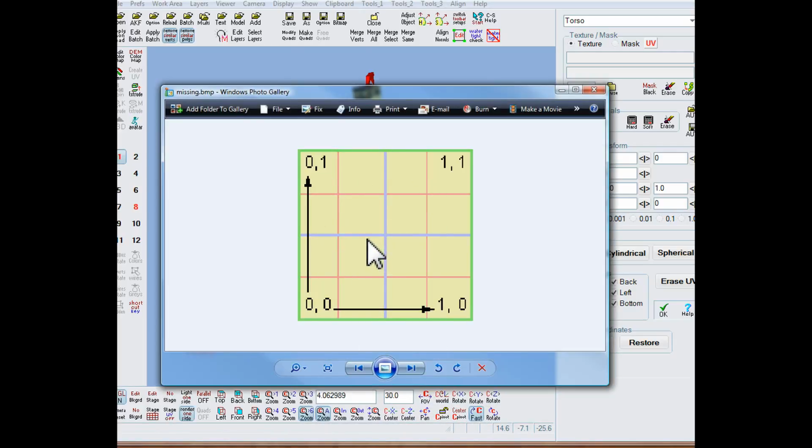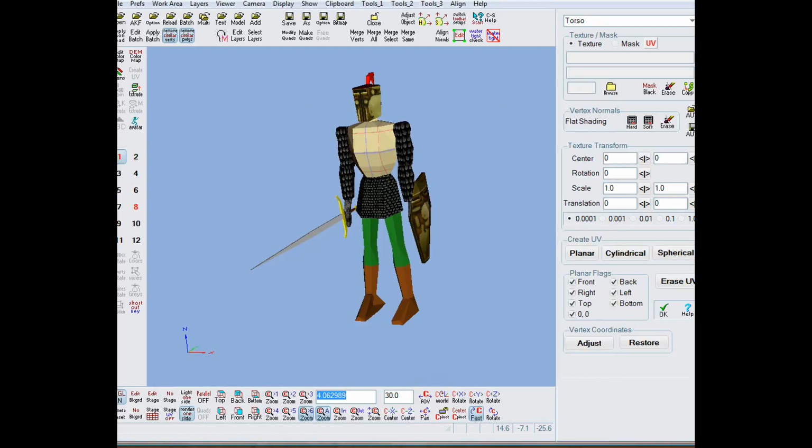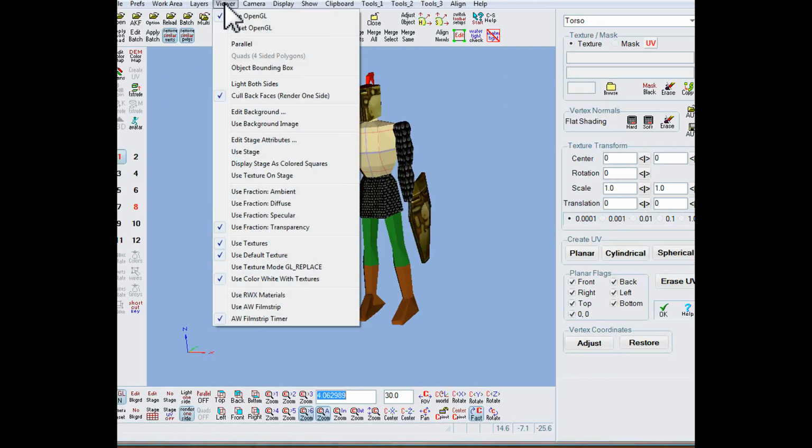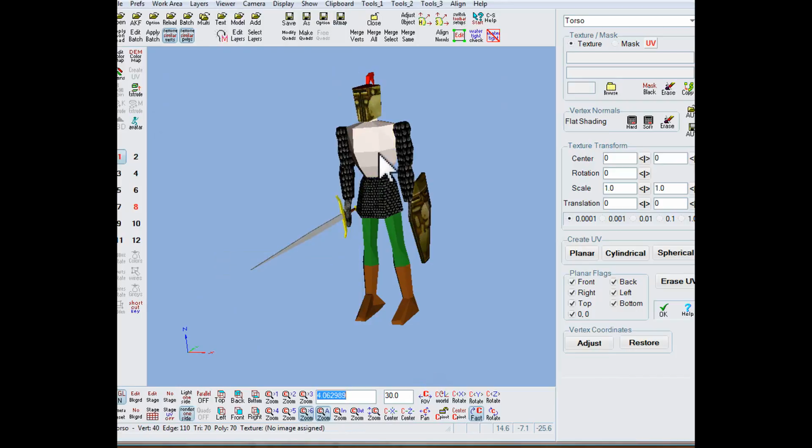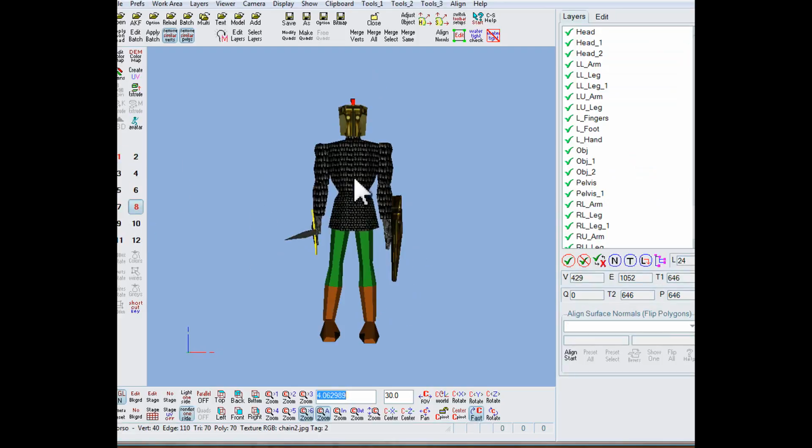So when it gets cut into lots of different shapes to be applied to the model, your model can look quite funny with the default texture on it. If I go back up here to Viewer and uncheck Use Default Texture, we can see that the color on the layer here is white, because I saved it out with a white base. And if we go over to the other layer, select this one,